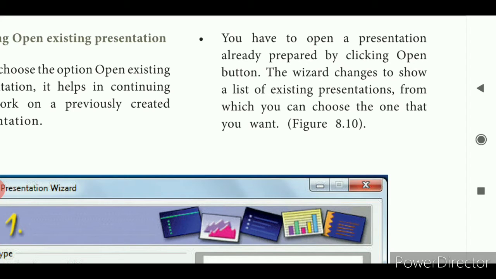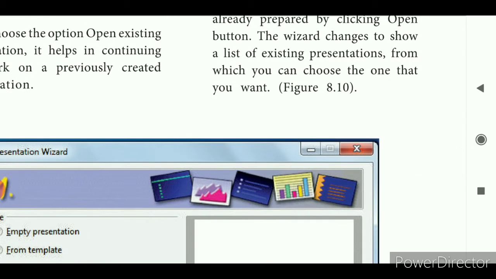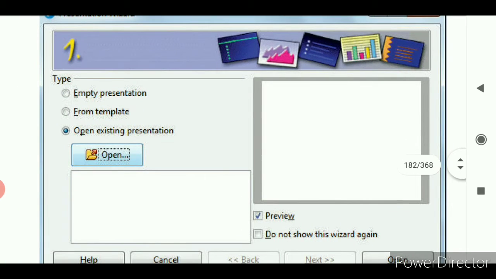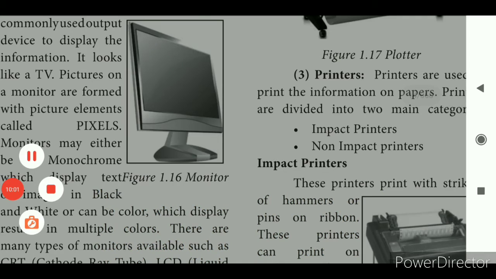The wizard changes to show the list of existing presentations. So the wizard means this window. This window will open the existing presentation from which you can choose the one that you want to open. So here you see open existing presentation. So the open button will appear. From here you have to select your already created presentation.